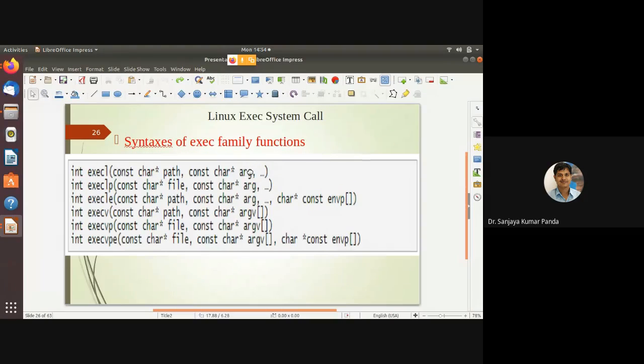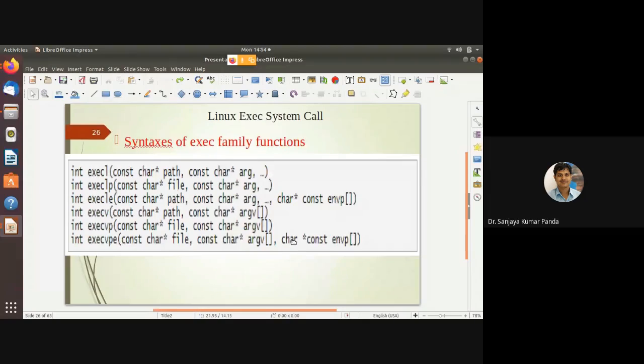Argument indicates there is a set of arguments. This ARG does not mean that there is a single argument. You may have multiple arguments. That's why there is a triple dot, right? One may use 5 arguments, right? Just as I mentioned, if I want to add 5 numbers, I use 5 variables, so I have to pass 5 arguments. Similarly, here you have to mention the file name, not path, and you have to give a set of arguments, right? Here, path you have to specify, argument you have to specify, and there is an array of pointers, right? Like that it will go on, right?